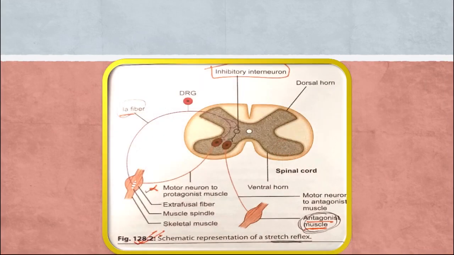innervation. So if we look at this diagram, see, same, this is the extensor group and this is the flexor group. Extensor group, we are hitting it with the knee hammer. This 1A fiber carries the sensation, one synapse, only one synapse with alpha motor neuron of same group, protagonist muscle. But there are two synapses, one synapse with interneuron, then inhibitory interneuron is forming second synapse with the alpha motor neuron of opposite flexor antagonist muscle. Okay, this is reciprocal innervation.